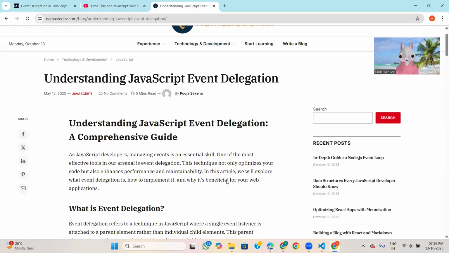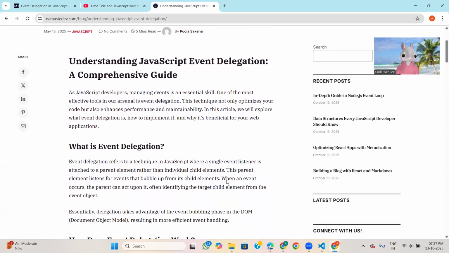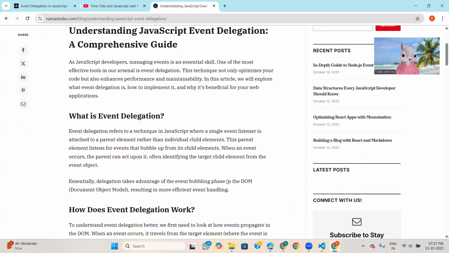This technique not only optimizes your code but also enhances performance and maintainability. In this article, we will explore what event delegation is. Event delegation refers to a technique in JavaScript where a single event listener is attached to a parent element rather than individual child elements.